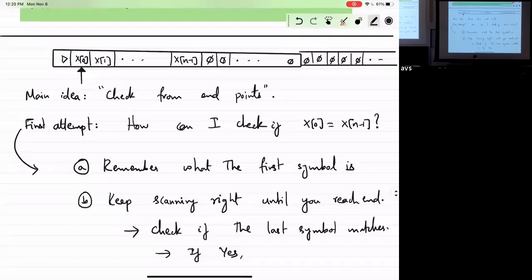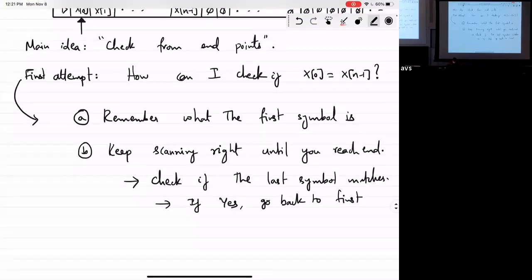Starting symbol too. When you go past it, the triangle symbol. Right, so basically the suggestion is, to match the second symbol, I need to go back all the way, identify the first one again, and then move one step to the left, right? So if yes, go back to the first, to the second symbol. And repeat.